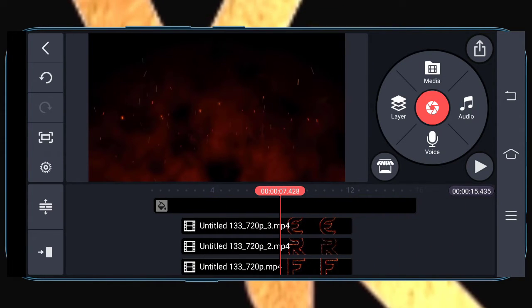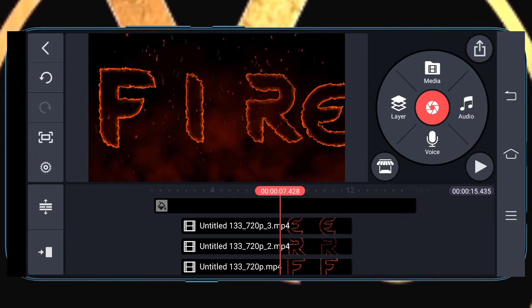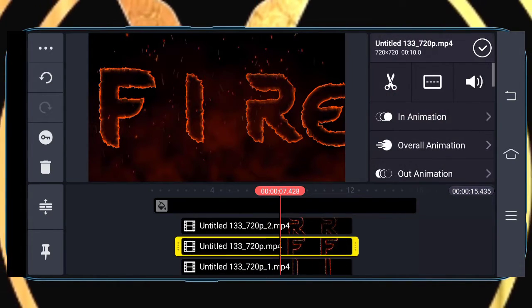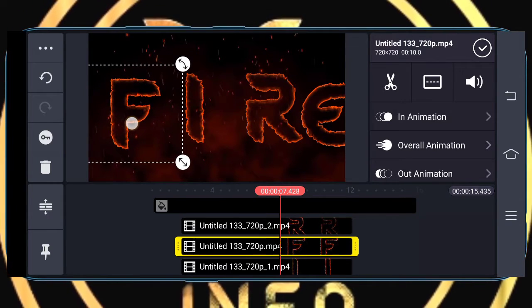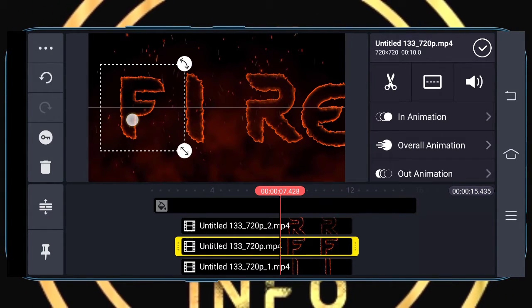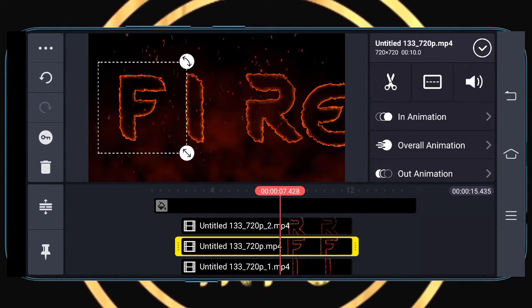So guys, once you are done importing and unscreening all your videos, you are ready to rearrange them in a proper manner. You can see that the sizes are different for each video. So you need to just resize them properly and put them in the center. You need to resize all the letters.